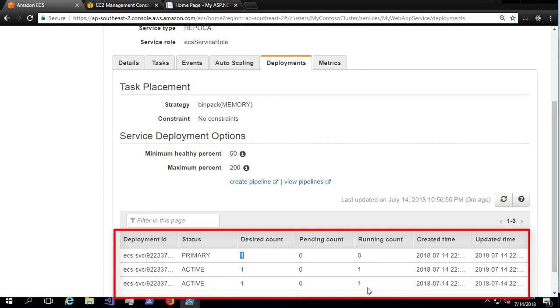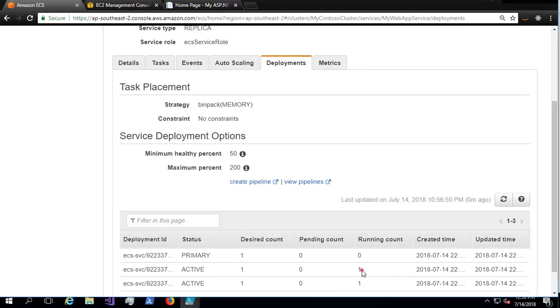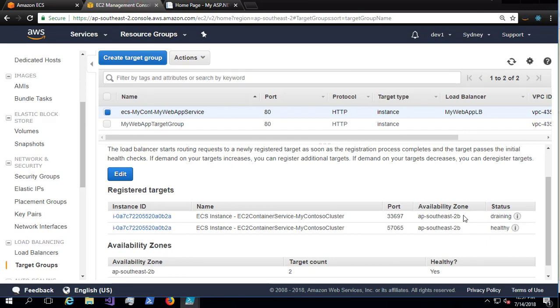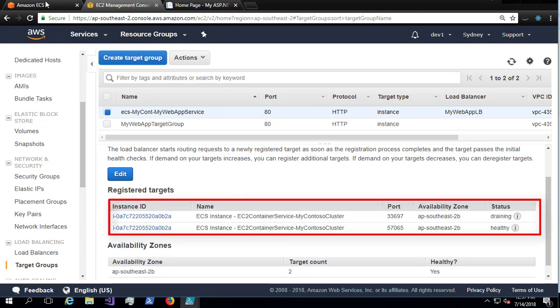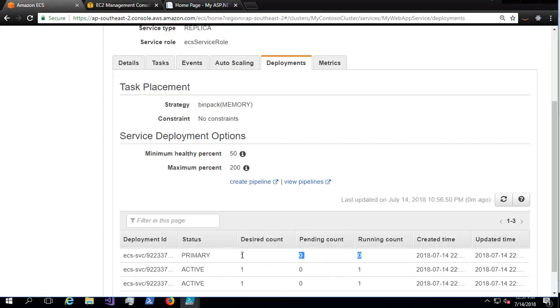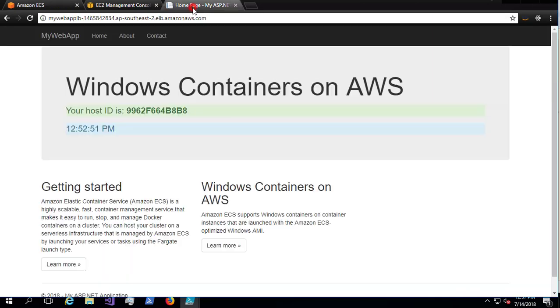As of now, it's the new deployment. It will not start because it doesn't have enough resources in the cluster. At least one of these old deployments has to stop, so hopefully the oldest one will get terminated at some point. Refresh this at some point in time. Once the draining old one terminates, the cluster will have enough capacity, and the new deployment can start a new container. As of now, there's a 3. The new one doesn't have enough cluster resources, so you need to wait a bit until